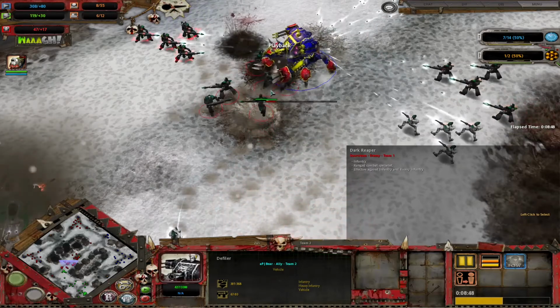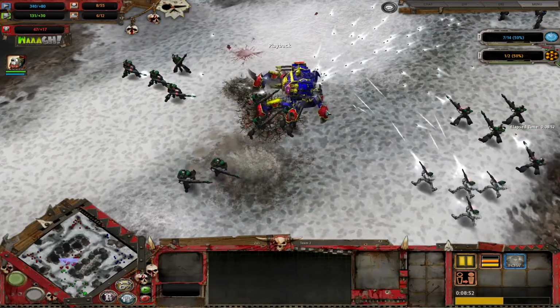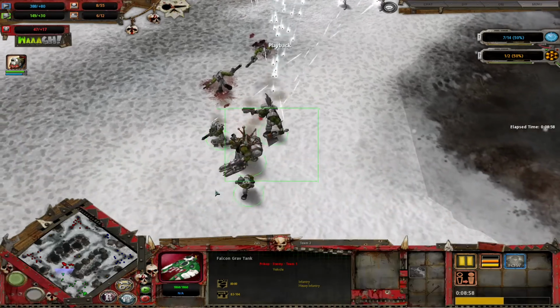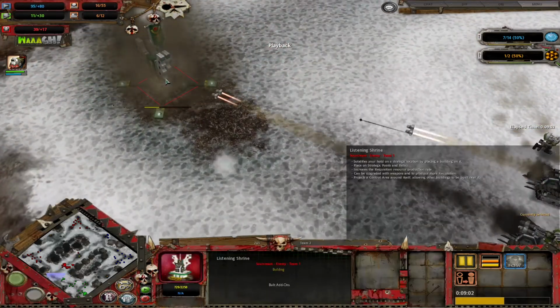Defiler doing his best, but slowly but surely getting choked down by this impressive amount of Dark Reaper fire, and it will go down. Falcon Grav Tank is going to cause a little bit of a problem for the Orc and Chaos player, who's been at a bit of a... I mean, they were doing...